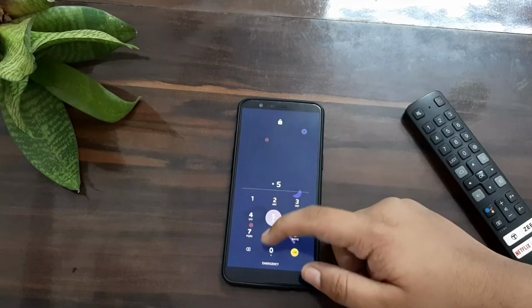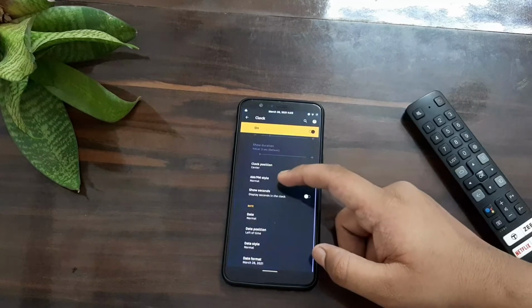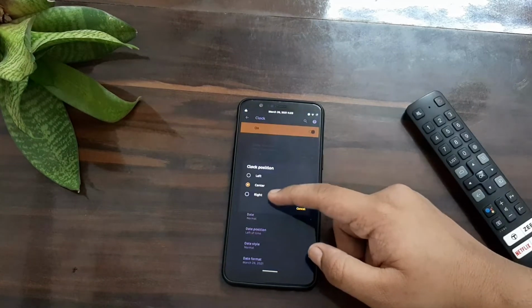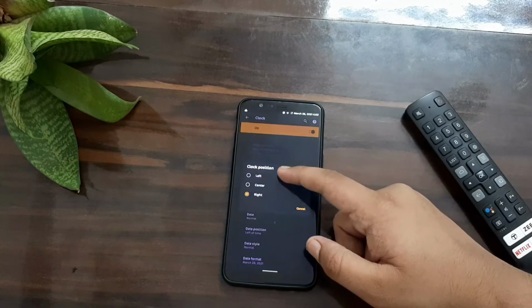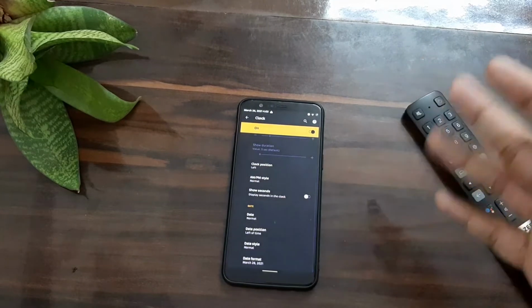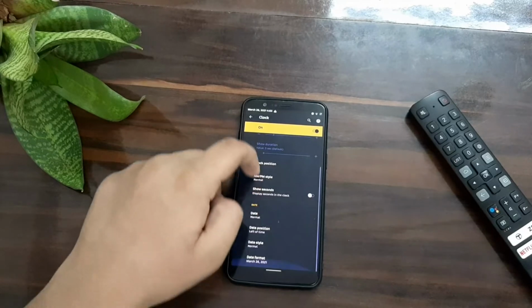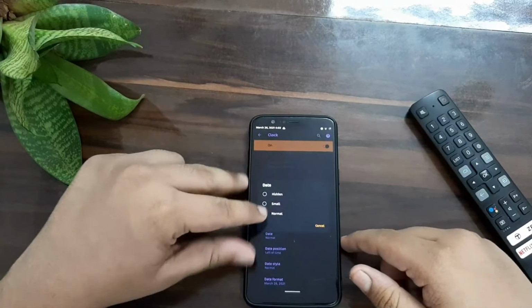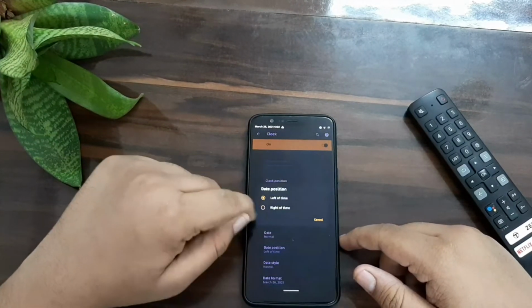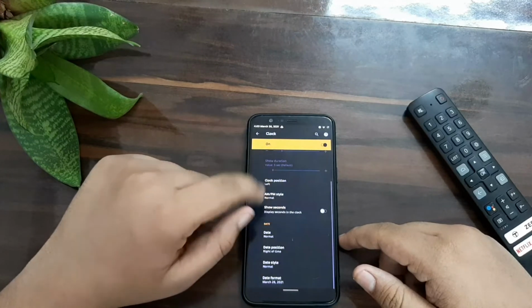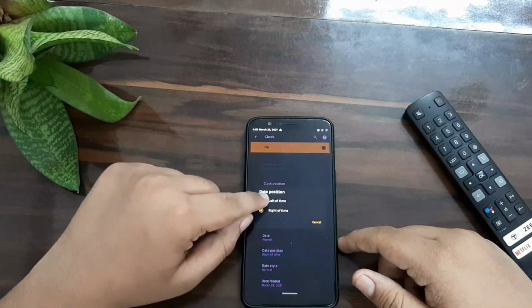Oh, sorry for that. My phone UI has some issues. You can put it on center or right. I recommend you put it on left. My favorite is left, so I will keep it on left. You can change the date size, small or hidden, and you can put the date position also on right or left.